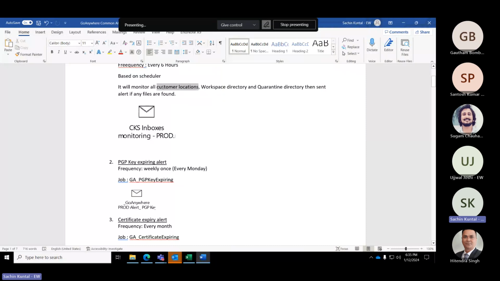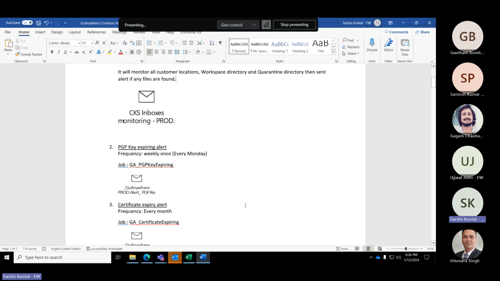This would be under customers, and in some cases under the workspace. If it is stuck in the process, it might be in the workspace or under quarantine. We'll have to check the logs to understand that. I'll go to the tool and show you what the folders are and what logs we check.